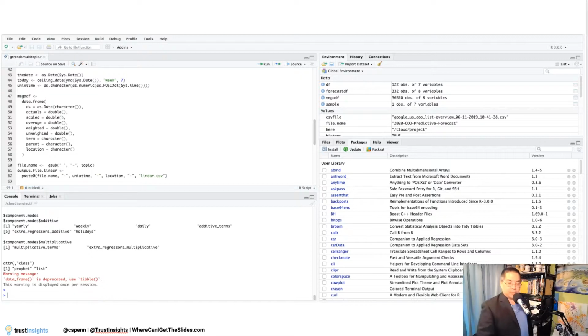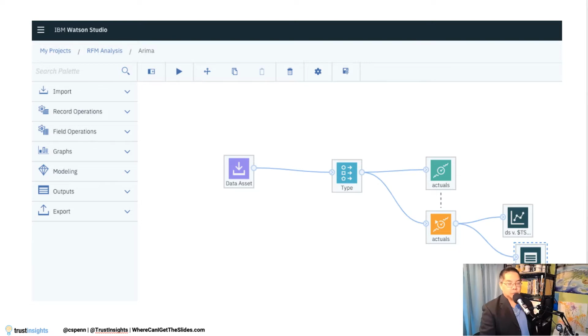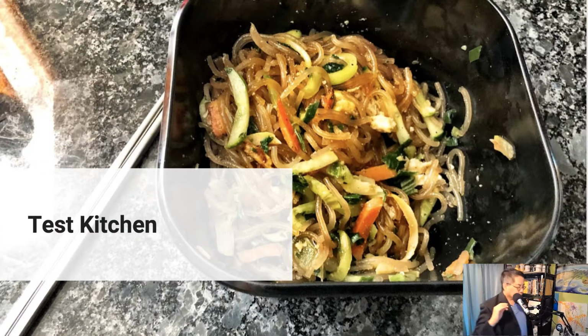So these two examples, this is the cooking part, and this is where that expertise does come in handy to be able to run the software or build the model in a Watson Studio environment to get your forecast. Now, what comes out of these tools isn't the most friendly, right?